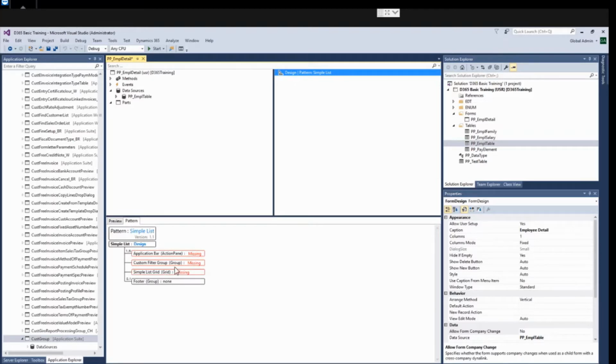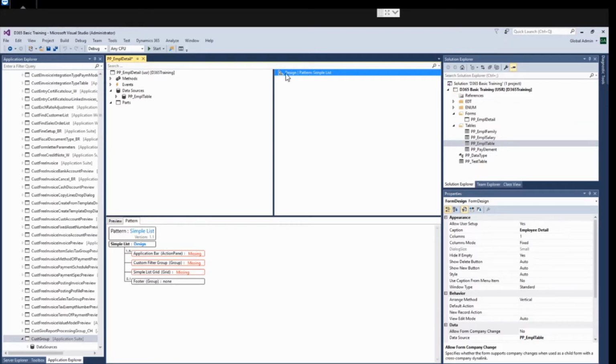So these are the sections I am looking for. I need to have one action pane under this design, I need to have a group, I need to have one grid. So this is missing. This will guide you while designing the form. So we have to follow this guide and develop the form. We need to have this action pane, group and a tab, and all has to be in this order.